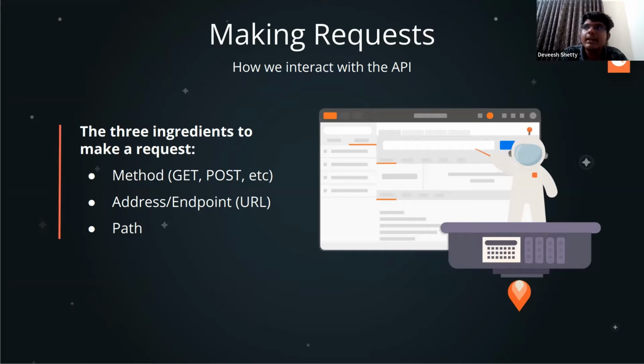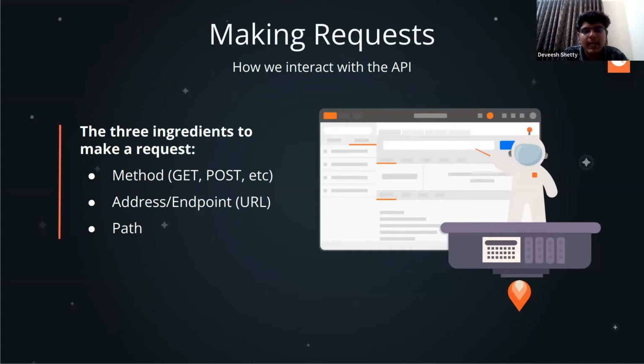Next is your delete. Delete is self-explanatory. Imagine you registered, then you felt like, no, I don't like it, I want to delete my account from here. So you will just go to the settings, delete profile, done. That's a delete request. So those are the methods. There are many more methods, but these are the most commonly used: get, post, put, delete. Post means create, get means read, put means update, and delete is delete.